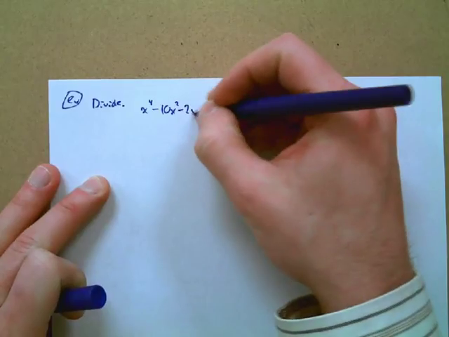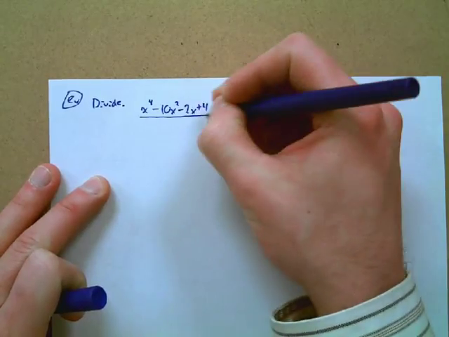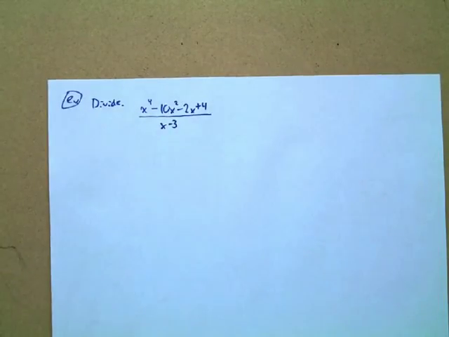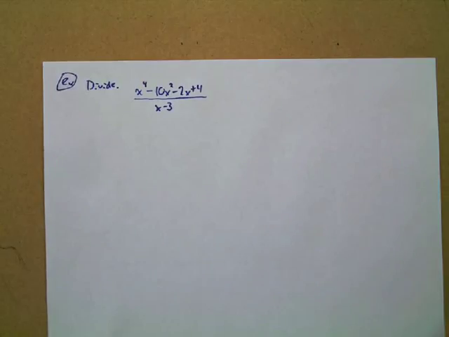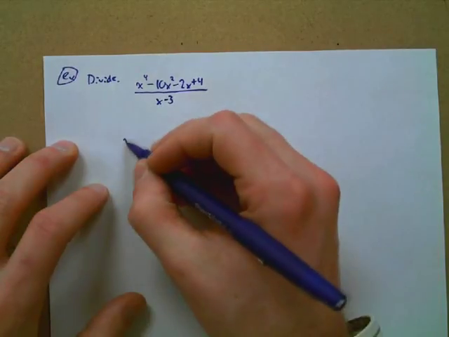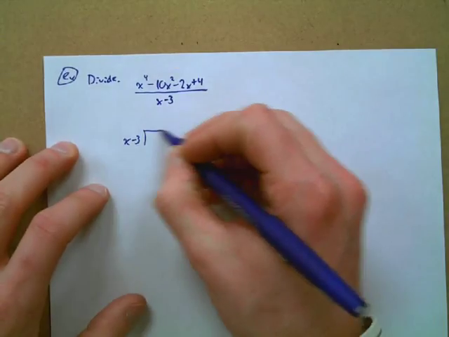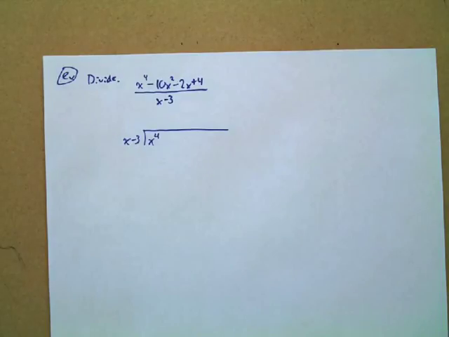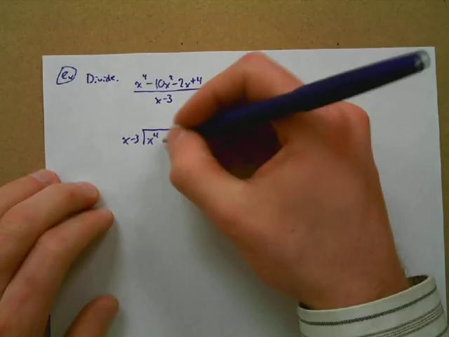So here we go. X minus 3, that's what we're dividing by. And I'm going to write x to the fourth followed by what? Yeah, very good. 0x cubed minus 10x squared minus 2x plus 4 there. Okay? Placeholder. Don't forget that. Okay, underline that there. We need that 0x